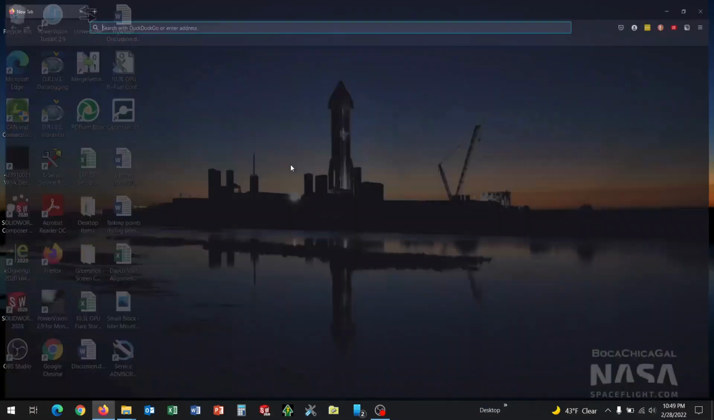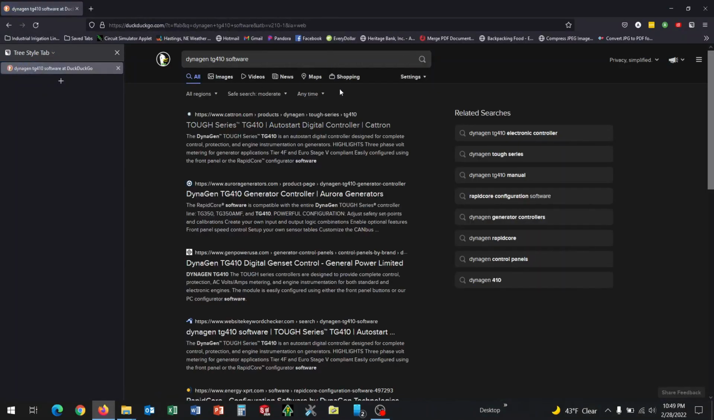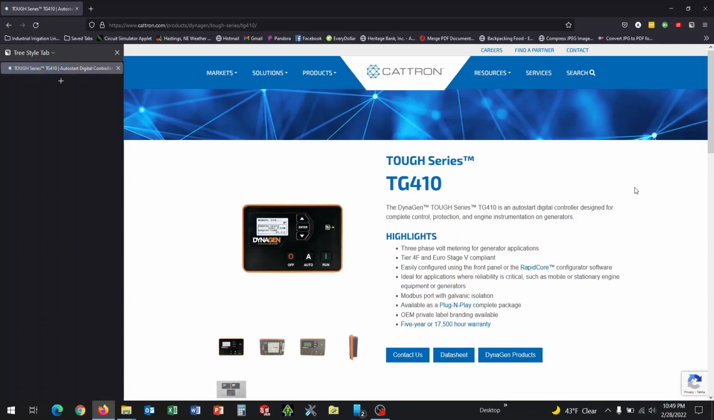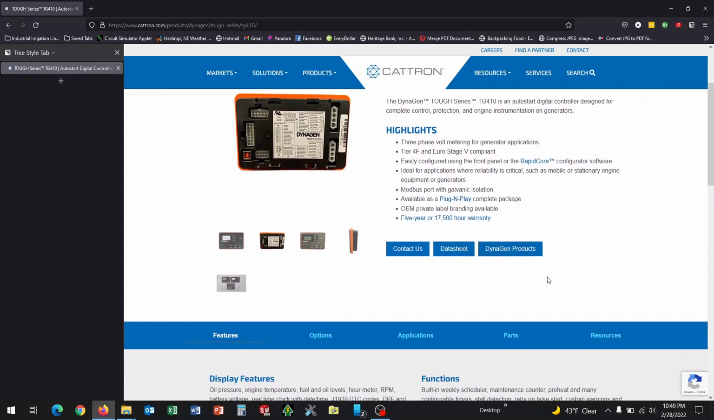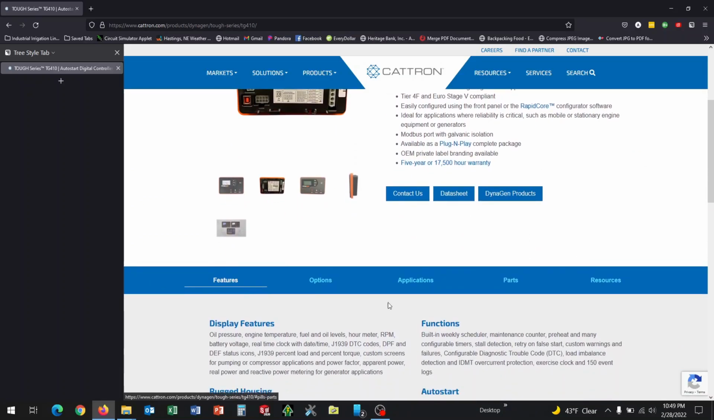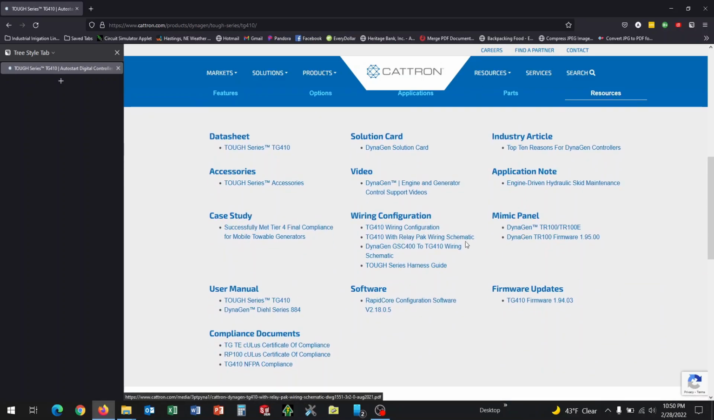We'll open up a browser and search Dynagen TG410 software. We want to get to the website for the TG410, and this brings us to the Catron website and the main page for the TG410. There's a lot of extra information here, data sheets, wiring information, a bunch of different tabs here that can be explored, extra parts, but for our purposes we'll go to the resources tab, and here's where we can find the